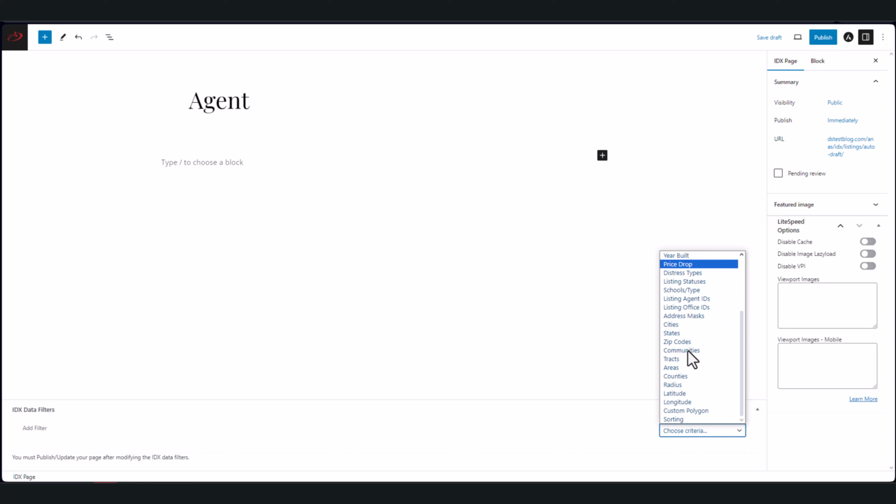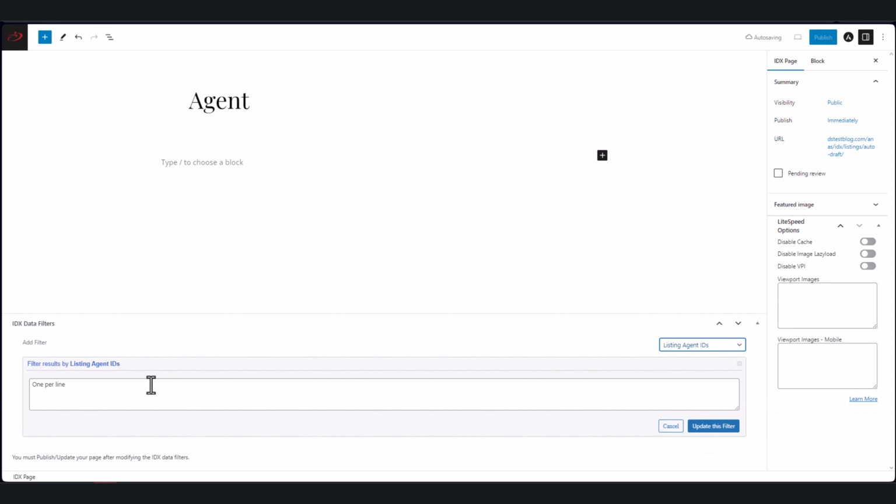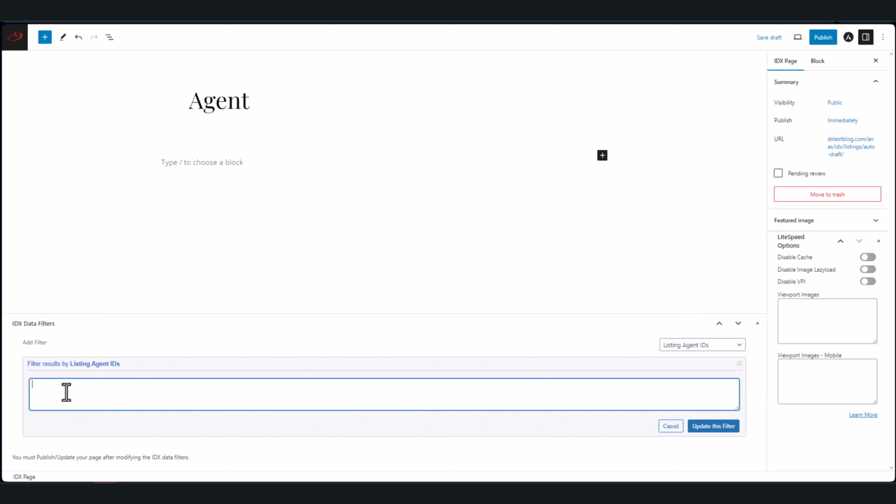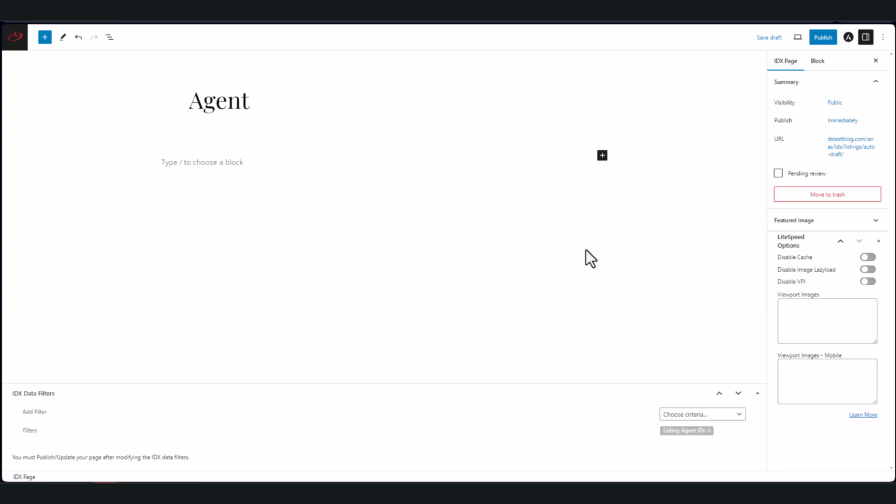From here, we will look for listing agent IDs. This is the option we have here. I will click on it. Now you will add your agent ID here. So let's say this is my agent ID. What I will do is, after adding it, I will click on update this filter, and now I will click